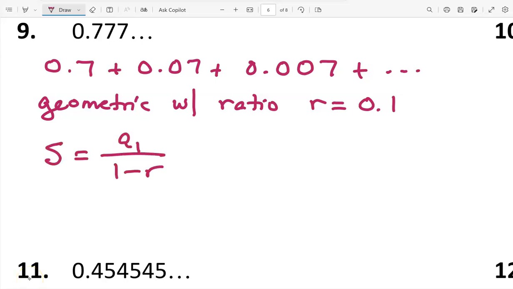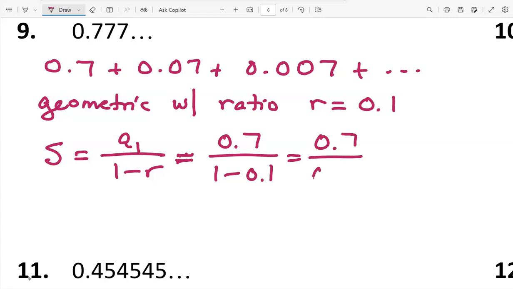Since the ratio is a number between -1 and 1, the sum can be found using the sum formula for an infinite geometric series, the first term divided by 1 minus the ratio. The first term is 0.7 and the ratio 0.1, so that gives us 0.7 divided by 0.9. To express this as a ratio of integers, we can multiply the fraction by 10/10, giving us a result of